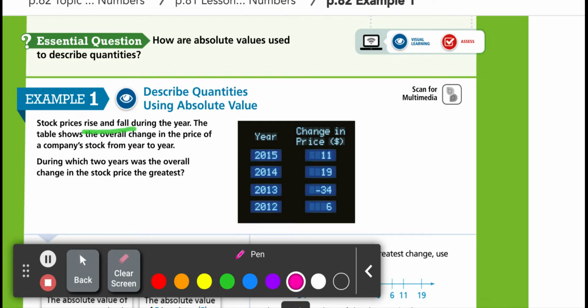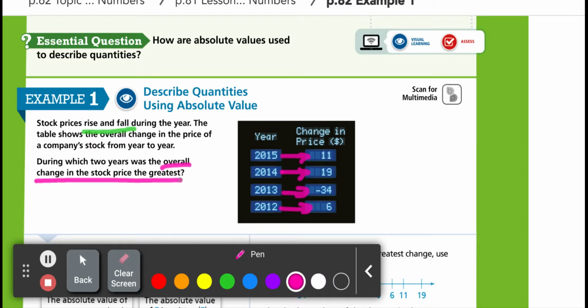So in 2015, the change in the price of stock was $11. In 2014, $19. 2013, negative $34. And 2012, $6. So the question here is saying, during which 2 years was the overall change in the stock